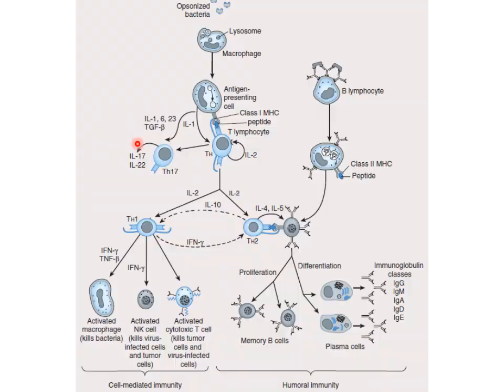Up to this point, we have seen that the adaptive immune system is a collaborative effort of cell-mediated immunity and humoral immunity. So the adaptive immune system has two arms, cell-mediated immunity and humoral immunity. And we have also seen how the adaptive immune system is induced or activated by the antigen presenting cell through the MHC peptide complex. Now, this is a schematic diagram of the cellular interaction or cellular cascade during the induction or activation of cell-mediated immunity and humoral immunity, which are the two arms of the adaptive immune system.